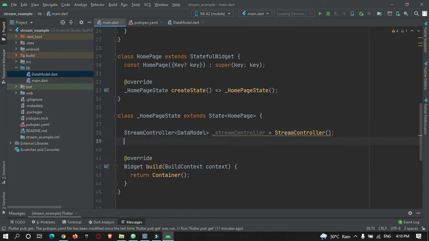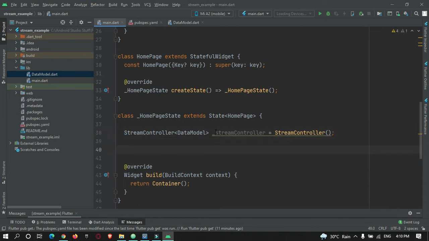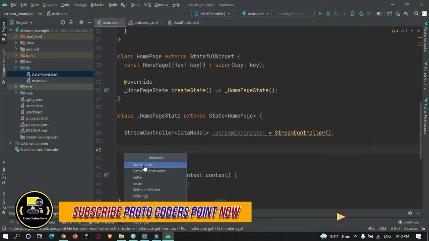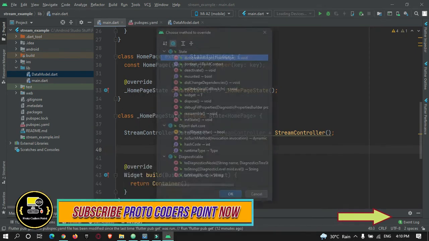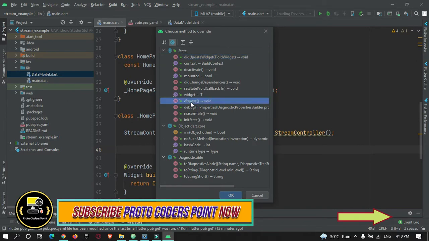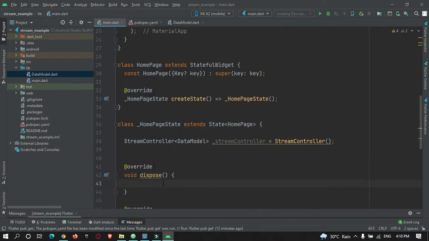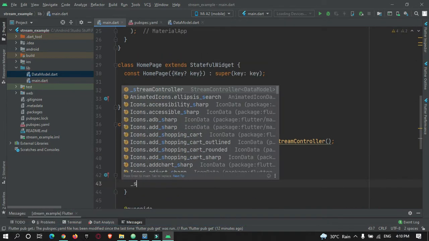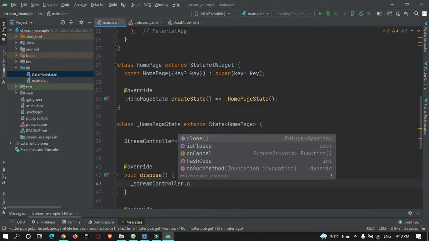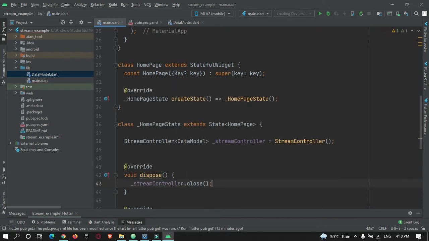Then we also need to dispose this stream controller when not in use. So let's generate an overriding method, dispose. So inside here we need to call stream controller close. Whenever the app gets closed by the user, the stream will get automatically destroyed.